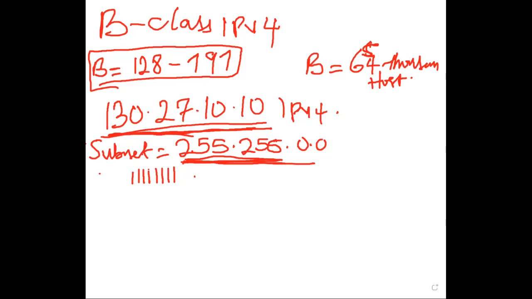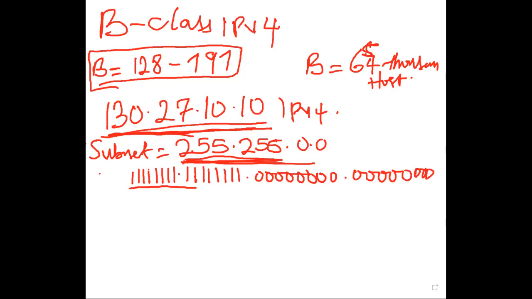So it means 1, 1, 1, 1, 1, 1, 1, 1 dot 1, 1, 1, 1, 1, 1, 1, 1 dot 0, 0, 0, 0, 0, 0, 0, 0 dot 0, 0, 0, 0, 0, 0, 0, 0. Very good. So now for a Class B IP, this is the bit